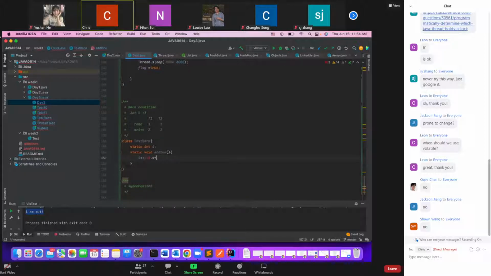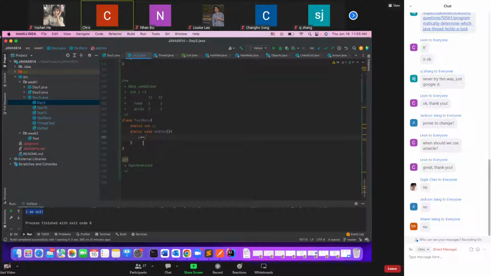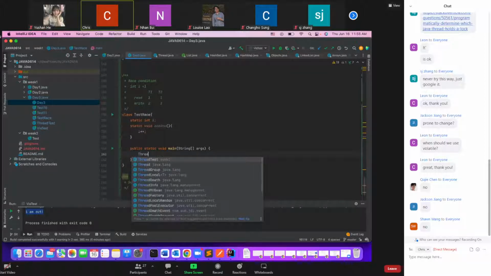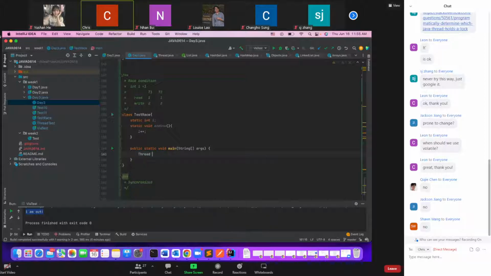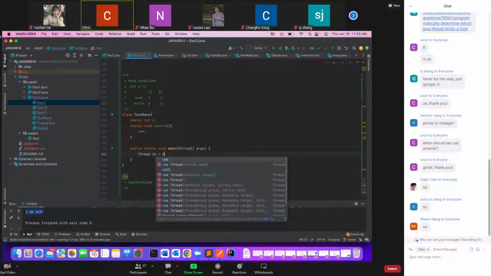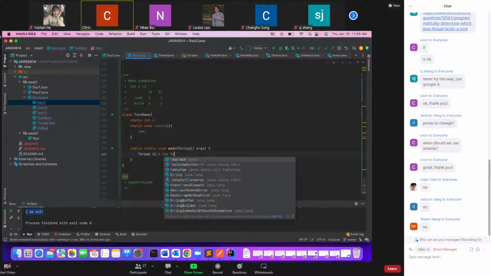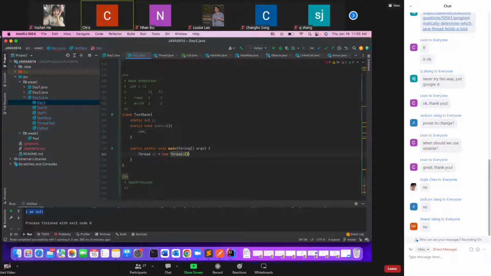And in the main method, we want to create 2 threads. Thread T1, and we will have a runnable that tries to invoke this add1 method